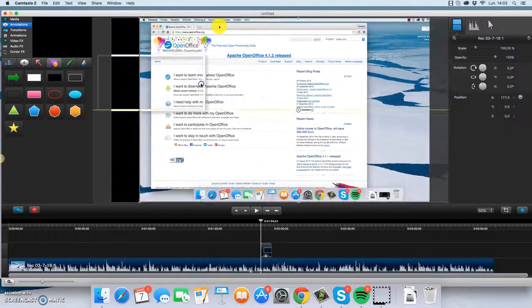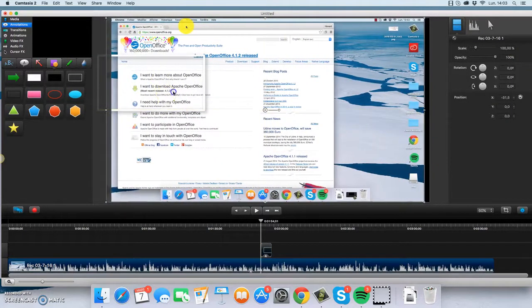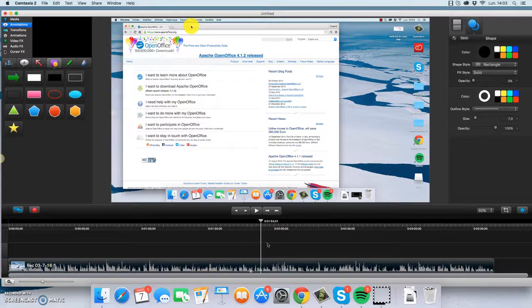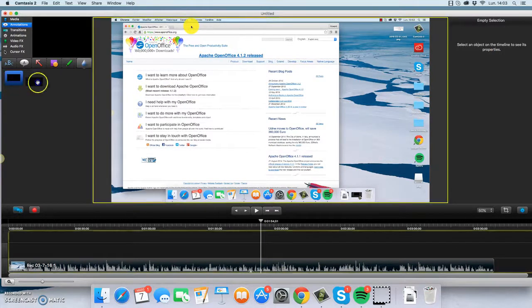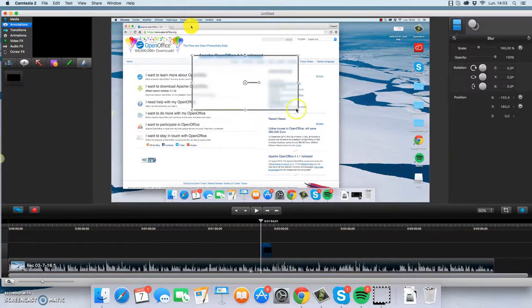And those are just holders here. Okay, so frames that you can add to your video. Something that I use very often is the blur, to blur out information. For example, I'm typing in a password or even my email address in some cases. I'm going to blur it out with this